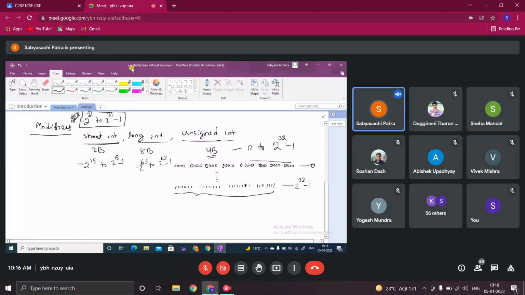No, you take the binary equivalent of this. That's why I have written here. How many ones are there? 32 ones are there. 32 ones means the value is 2 to the 32 minus 1. If you have 4 ones, what is the value? 2 to the power 4 minus 1. Got it? If you have 4 ones, then what is the value? 2 to the power 4, 16, minus 1. Same thing.